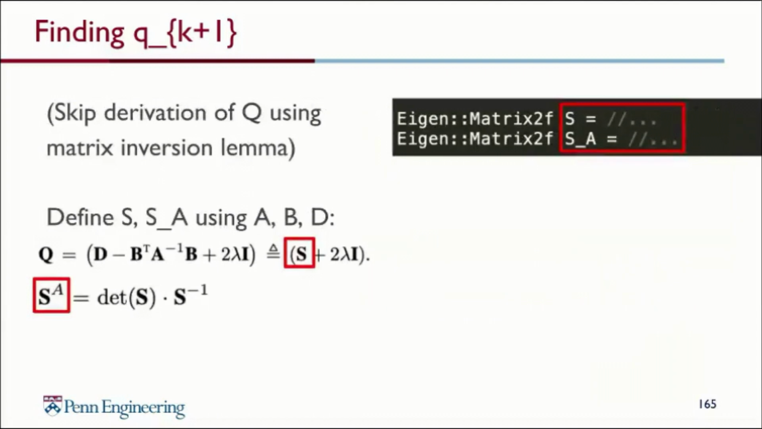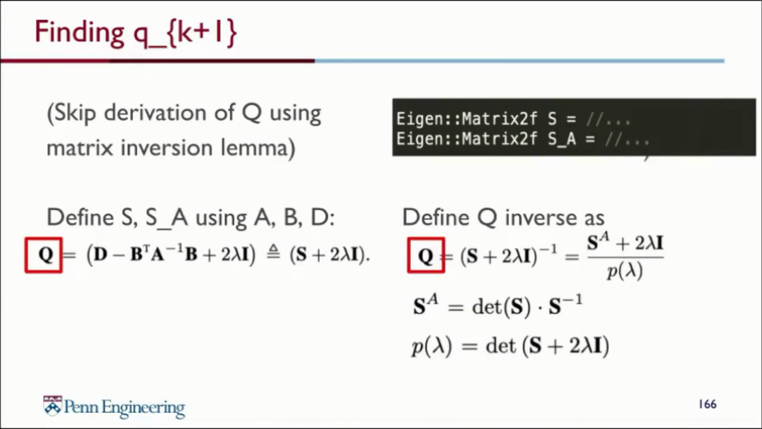Now, there are some additional steps in this derivation. But basically, the matrix Q and its inverse Q are defined in terms of the matrix S and S of A, as shown here. And so, in this assignment, you have to define the matrix S and S of A using the A, B, and D submatrices that we found in the previous step. Now, once Q and Q inverse have been defined, according to the values of A, B, and D, S, and S of A,